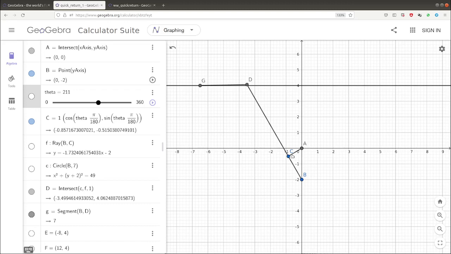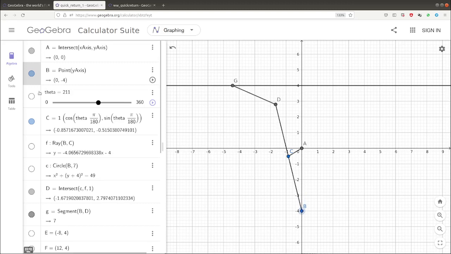So now let's say it has some value. Now I want to have a different quick return ratio. What I can do is change the position of this B. If I change the position of B, let's say like this, now the quick return ratio will be different because the 90 degrees will come only here, which means this theta r has increased slightly.